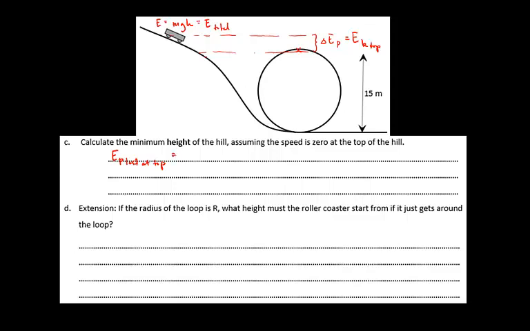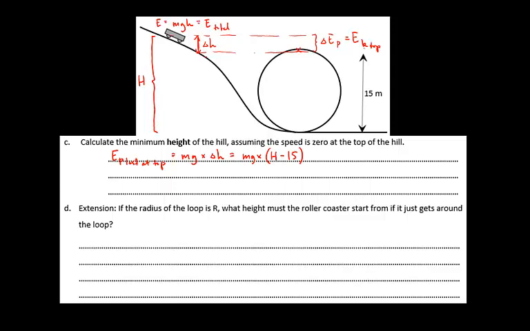So in other words, how much potential energy has it lost when it is at the top of the loop? That's going to be mg times delta h, which is equal to, well, let's just work it out in terms of m, because we don't have the mass of the roller coaster. So that's going to be mg times h. I'll call this total height that we're trying to figure out big H minus 15, because this height difference here, that's delta H,